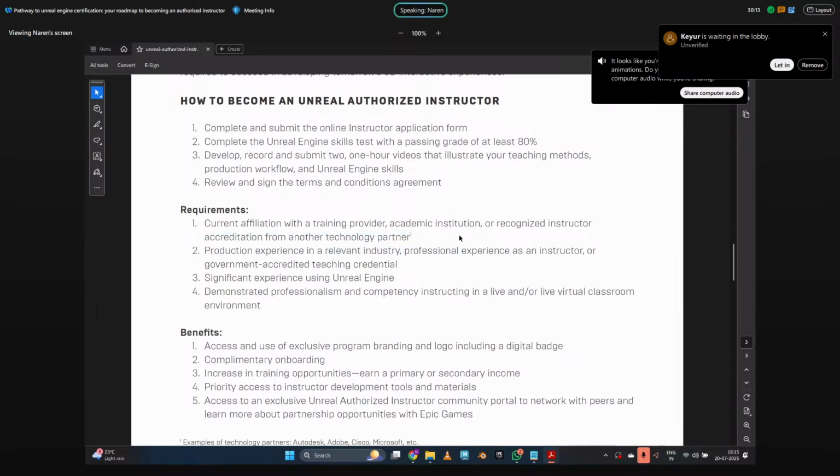Suppose you're into 3D or game design, you should have professional experience in that field, and as an instructor, that is mandatory. Also, like I said before, you should have some experience using Unreal Engine, and it should be demonstrated in a professional way.